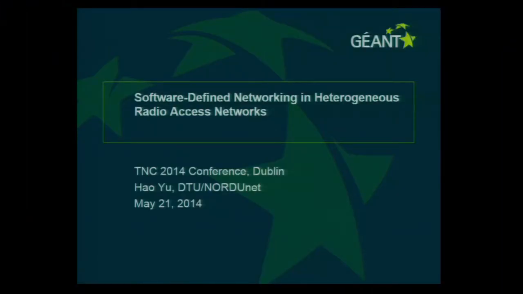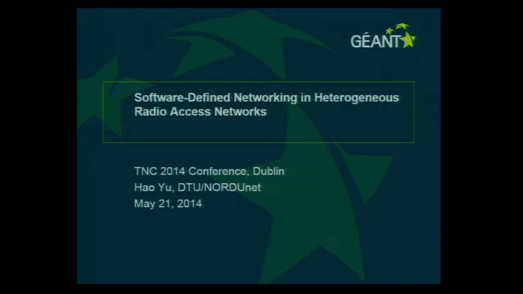We've got Hao Yu from the Technical University of Denmark, presenting research work he's doing on vertical handover, seamless handover from Wi-Fi to 3G, 4G networks.